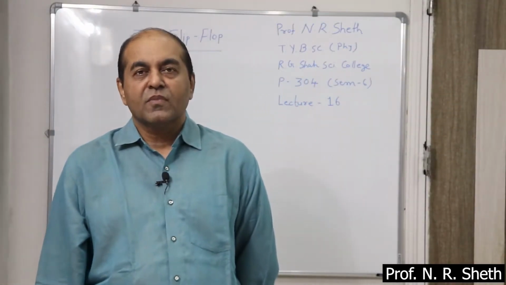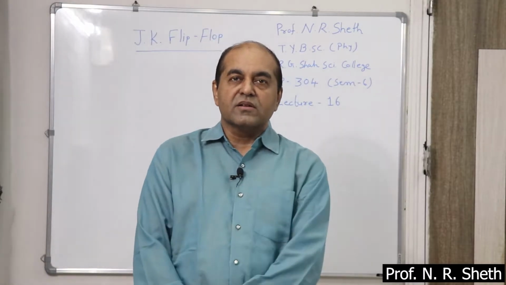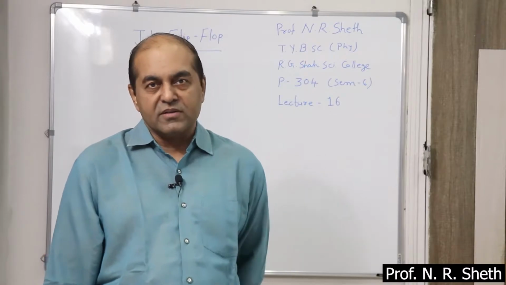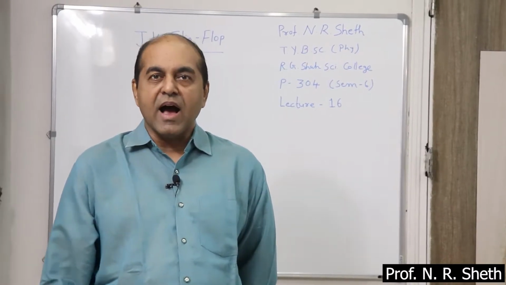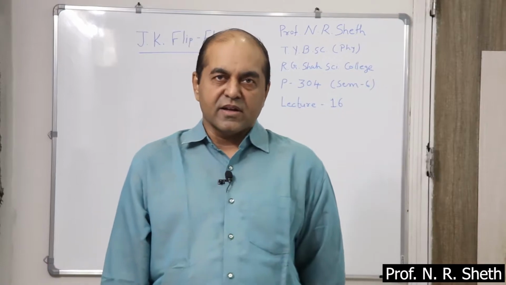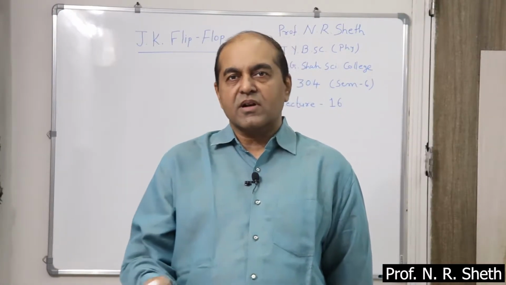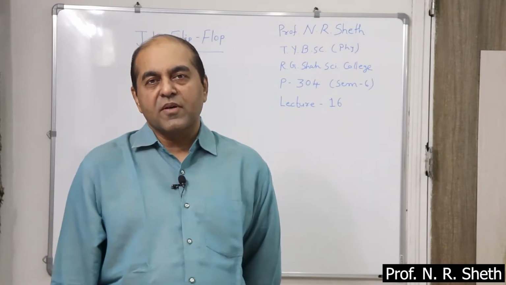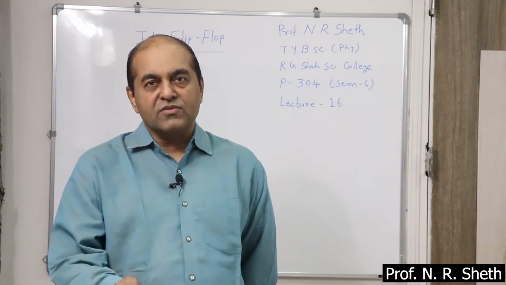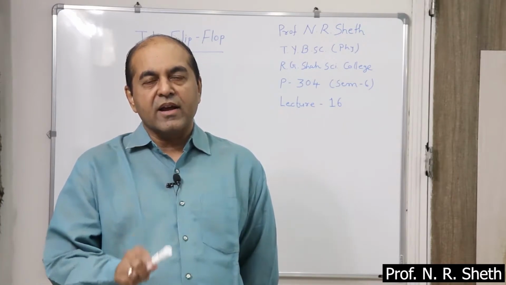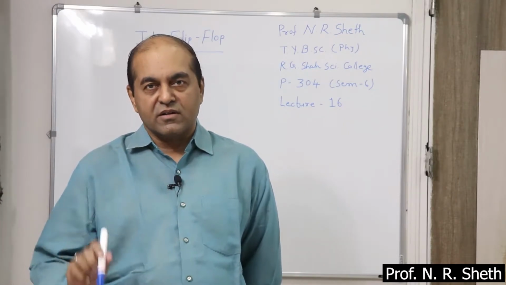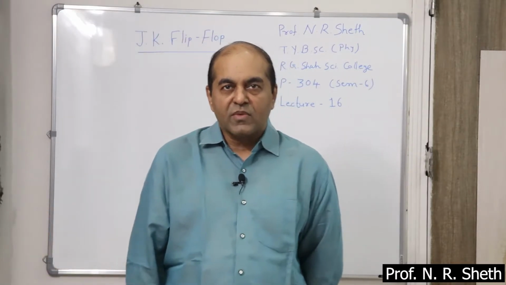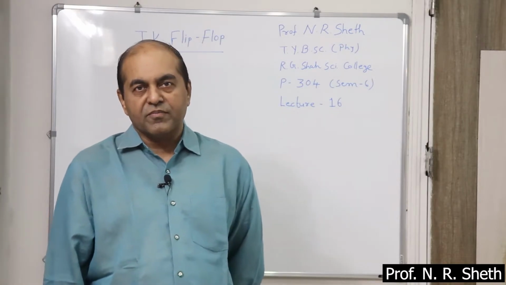Hello students. In the previous lecture, we discussed flip-flops of two different families. The first group is the RS flip-flop, set-reset flip-flop. In that we have studied three variations. The only disadvantage of the RS family is that when S is 1 and R is 1, the circuit enters an invalid or forbidden state. So to eliminate this problem, we have designed the D flip-flop.